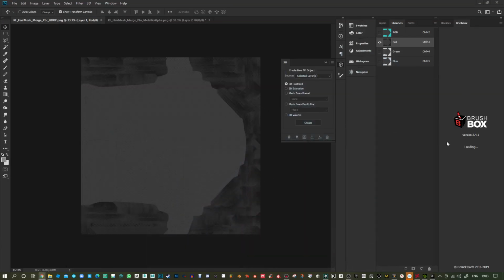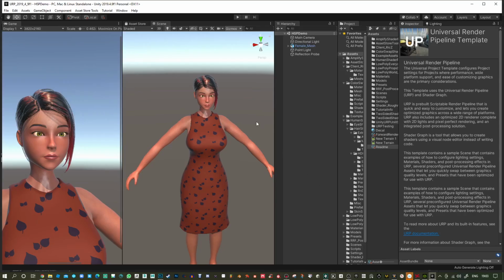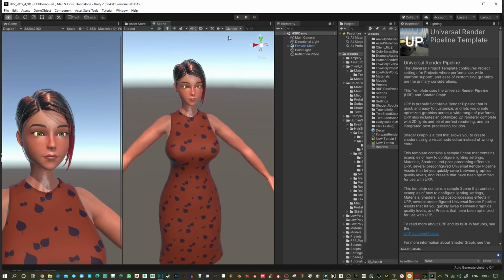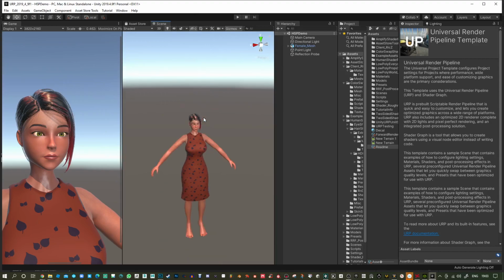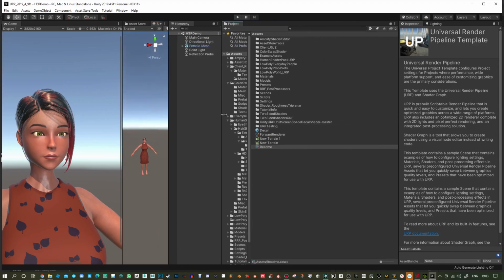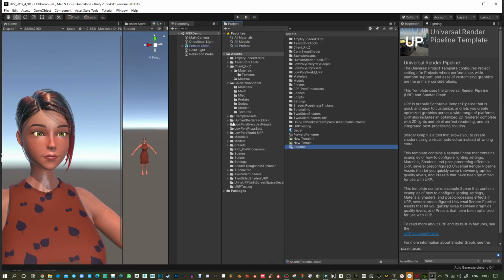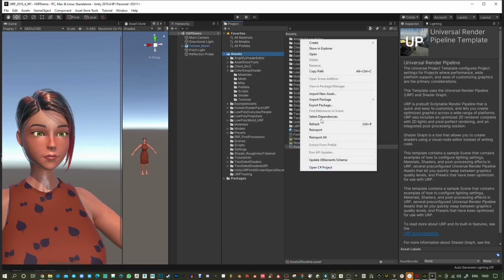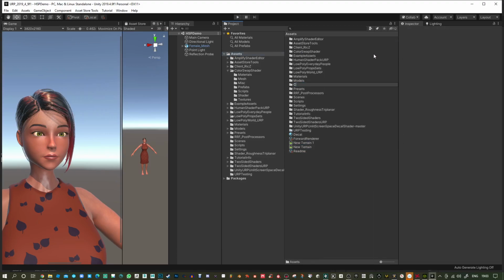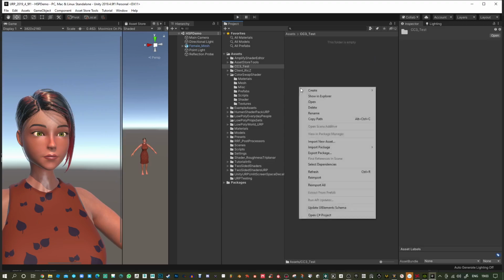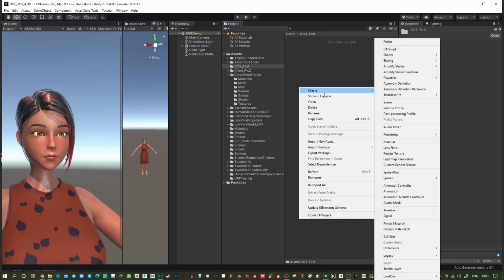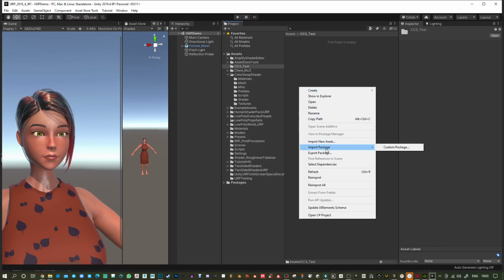Right, so let's try Unity now. See what I can get out of this. This is one I've done before with a really basic character, just like a stylized looking one, and just threw my shaders onto it and changed the eyes and stuff. So let's go ahead and look and see what we can do with character creator. So I'll just create another folder and CC3 test. So the main problem is the hair maps don't have any normal map, which isn't my problem, that's character creator's problem. So I'm going to import a new asset,